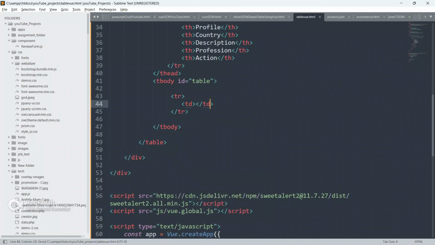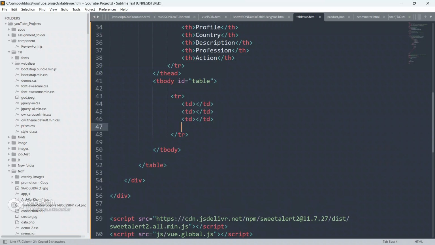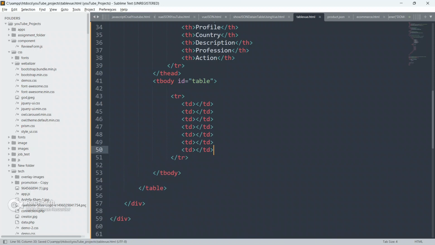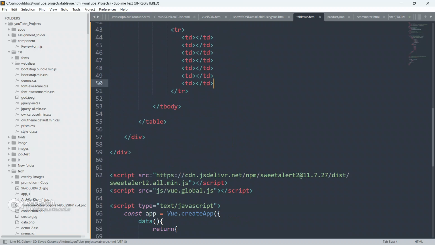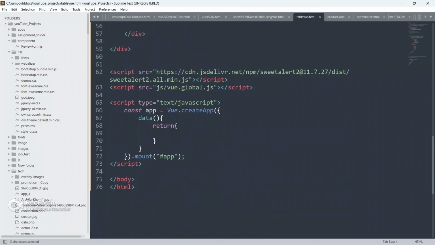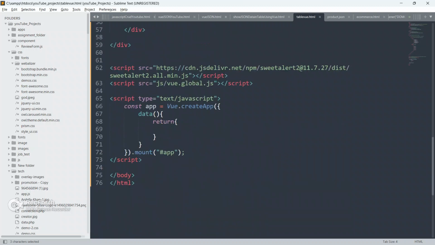So td, close this td first, and copy this td and paste it 6 times: 2, 3, 4, 5, 6 and 7. Later on we will display all the things inside this td by using the v-for directive in Vue.js. Now I am going to write the JavaScript for the functionality.